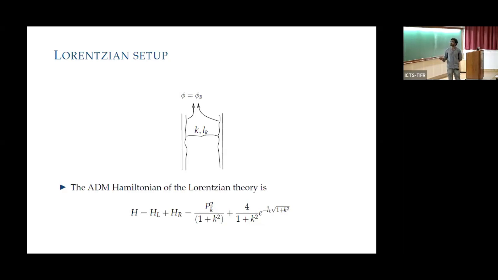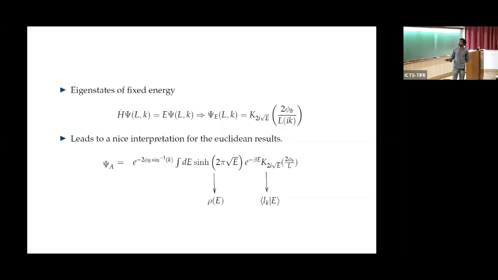an extrinsic curvature slice of fixed extrinsic curvature and length Lk, the Hamiltonian of this Lorentzian theory, which is a sum of the contributions from the left boundary and the right boundary, if you express it in terms of these variables Lk or its renormalized version, which is L tilde k here, and its conjugate momentum Pk, the Hamiltonian takes this nice form. Now if we ask what are the eigenstates of this Hamiltonian, one can immediately compute them by promoting this Pk to minus i d/d L tilde k, and solve for the eigenstates of fixed energy. Okay. That will give rise to this Bessel function, the same Bessel function that we saw earlier,